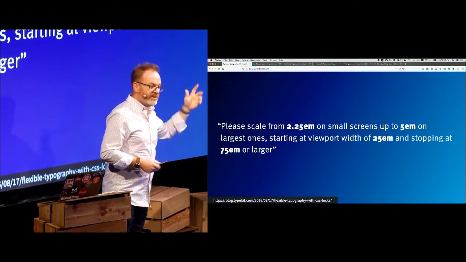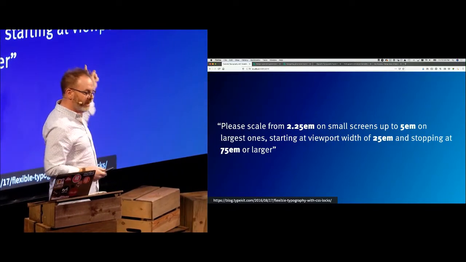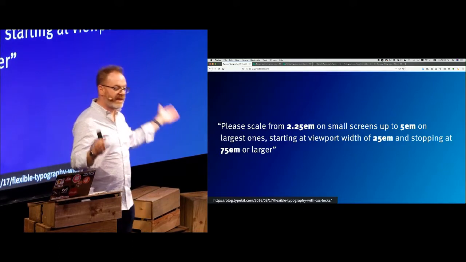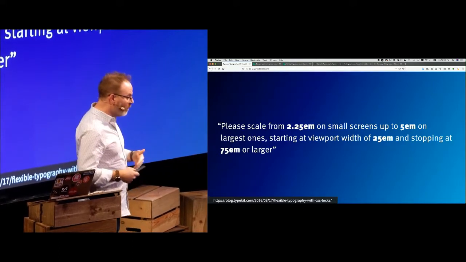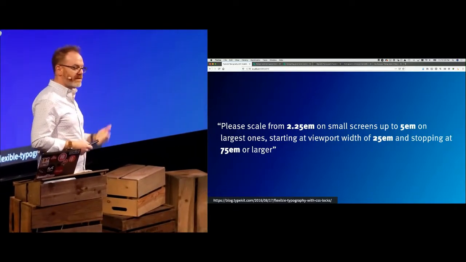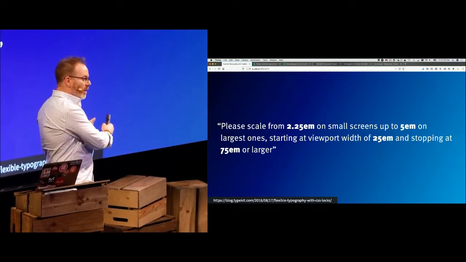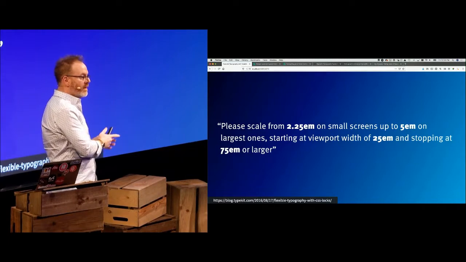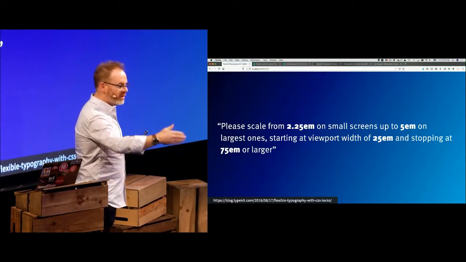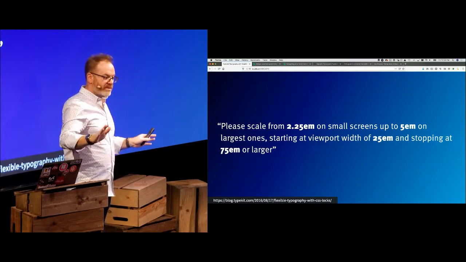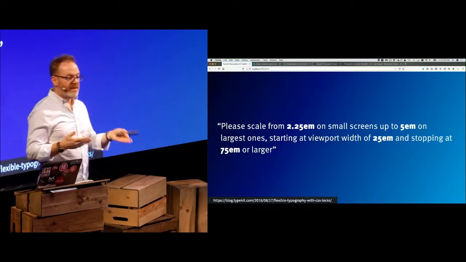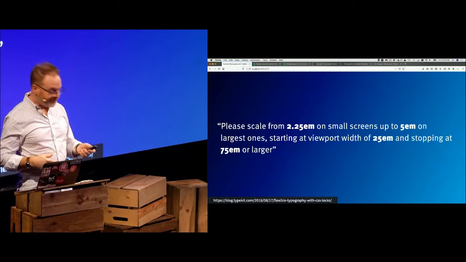If we use calculation and CSS custom properties, we can now start to have our typography just scale. And this was something that Tim Brown wrote about a few years ago, and he called this technique CSS locks. On a small screen, I want it to be this size. As soon as you hit this breakpoint, start to scale. Stop when you get here. That's the whole premise. And we can apply that same technique to both font size and line height,